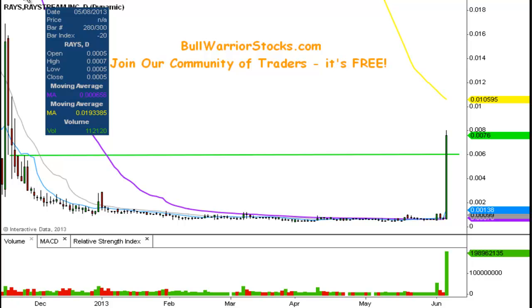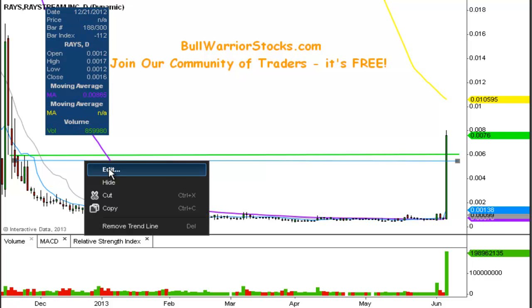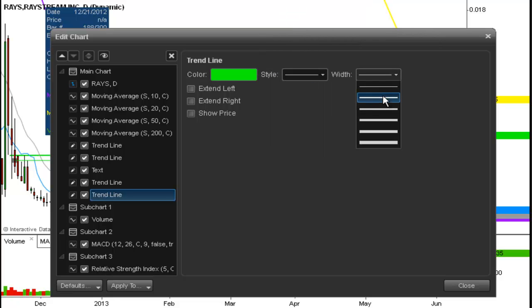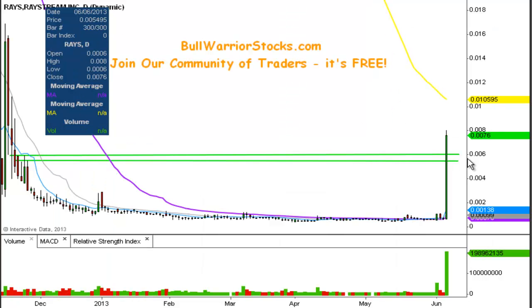And what I'm going to do is actually create a little support zone, because then there's another area right down not too far below which also acted as support, and that level is at 005. So we'll just call it 0055 to 006 is this first little support zone that you'll ideally want to see the price hold above. After this, the next level of support isn't until down